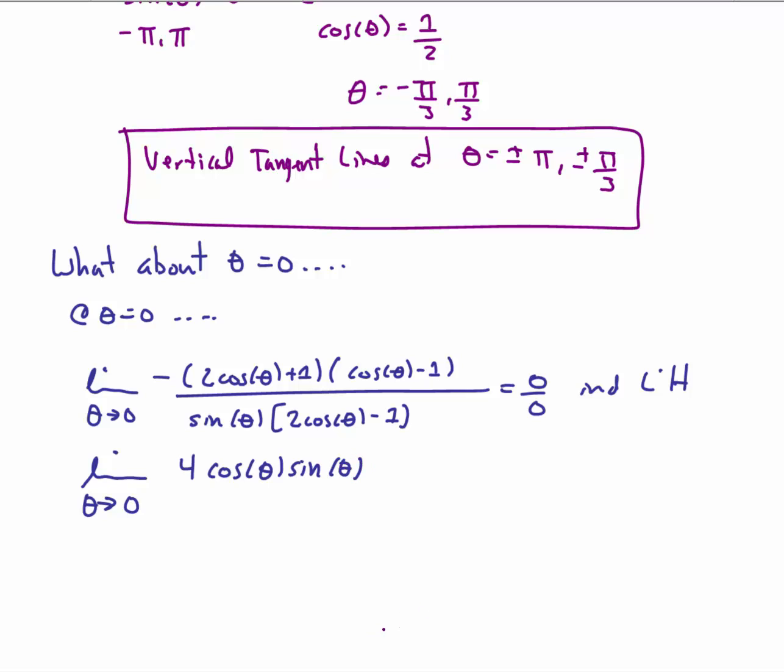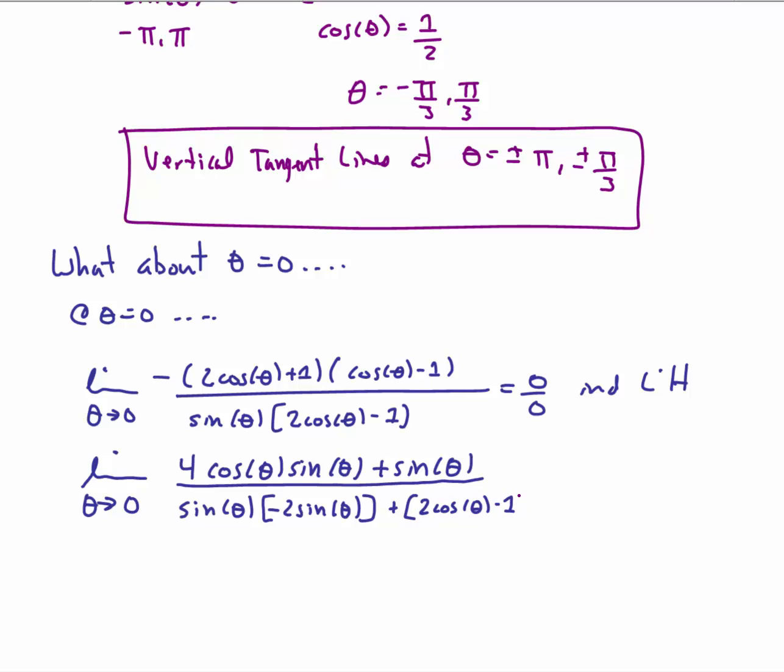Gonna have to use some product rule with that, plus sine theta. Now the denominator is quite a different deal. It's going to be another product rule, so it'd be sine theta times a negative 2 sine theta plus 2 cosine theta minus 1 times cosine of theta. Now if I take my limit here, I end up with 0 over 1, which is